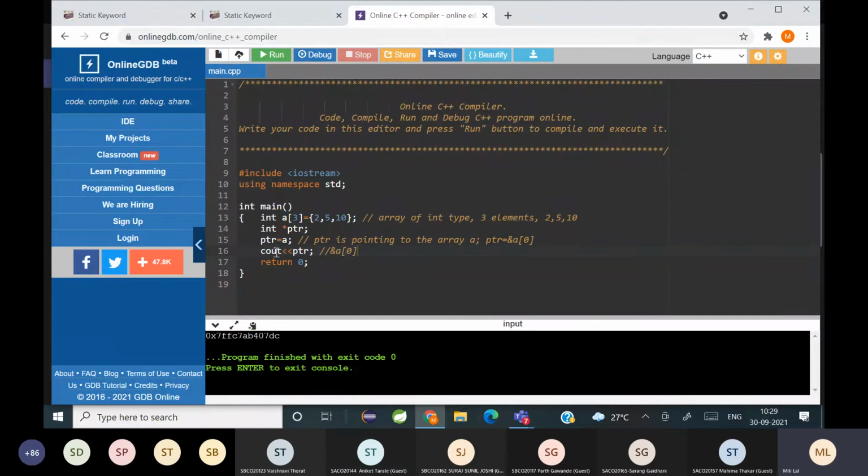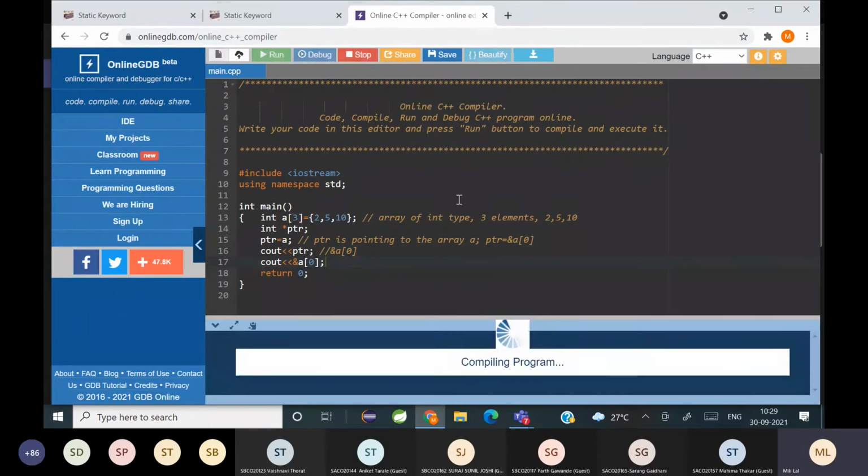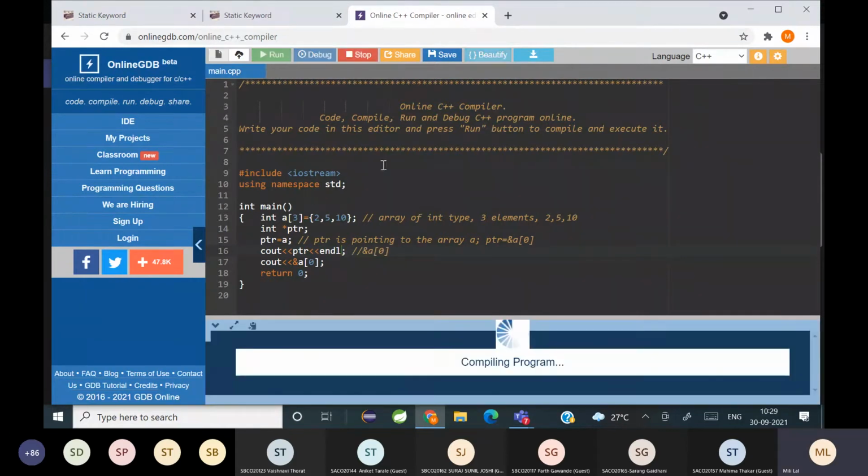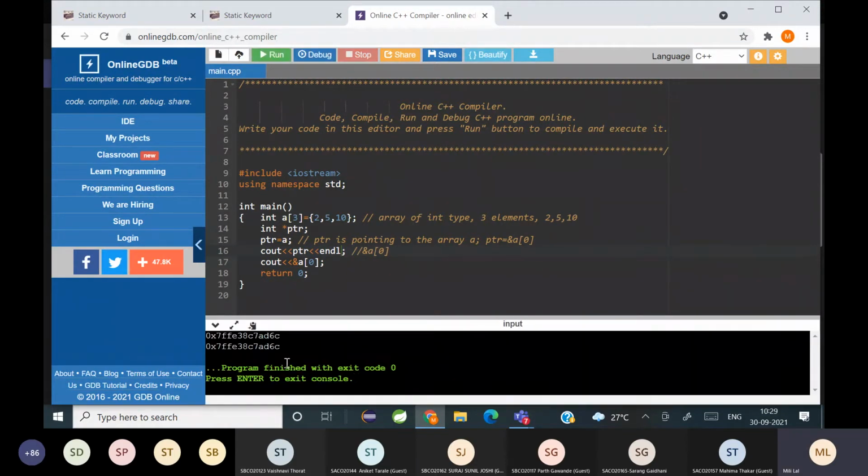If you want to check if it is the same thing, I'm going to copy this, and I'm going to write ampersand A of 0. देखते हैं. Oh, I didn't write an endl. Can you see? Same value is getting printed. That means ptr is equivalent to ampersand A of 0. Can you all see that?